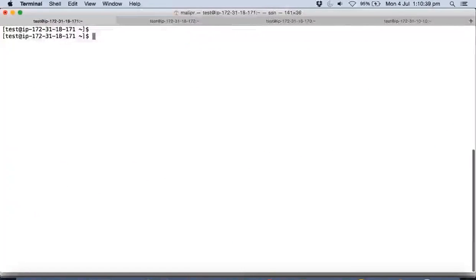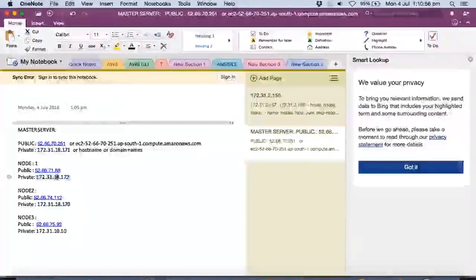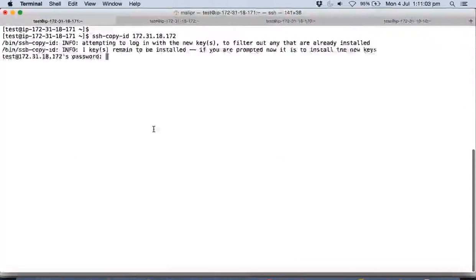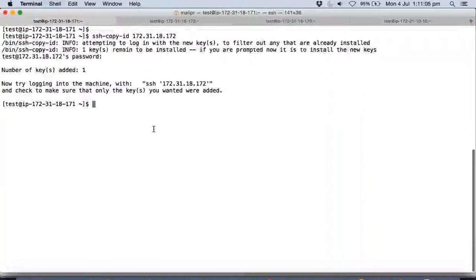Now that we have generated the key, we need to make sure the keys are shared across the other machines to have keyless, or passwordless, authentication. How can we do that? We can just use the ssh-copy-id command and give the IPs of the other machines. It's going to copy the key and paste it in the other machine. It's going to ask for the password for the first time, and we can just try to SSH now with that particular IP, test at